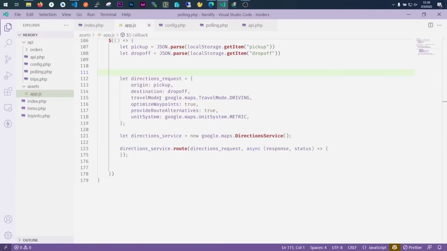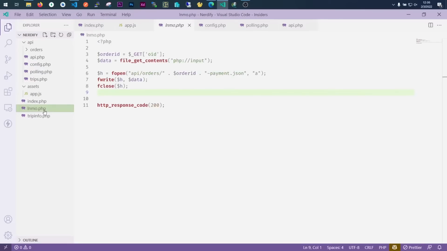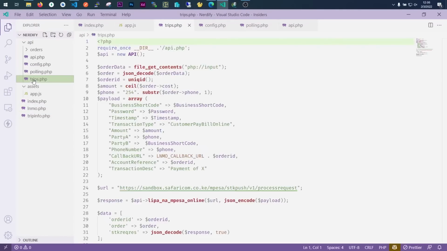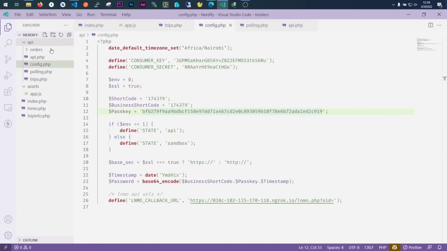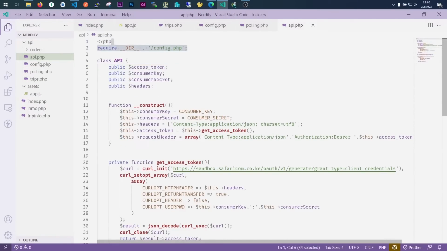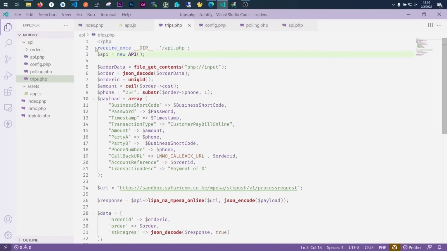So all we need to do now on our request here is send a request to our endpoint. We'll send our order details, we'll save the order details, right? Here we require the API. Remember, inside our API we're requiring the configuration, so we don't need to pass the configuration again. So we go to our trips file, require the API, initialize it, and collect the order details,